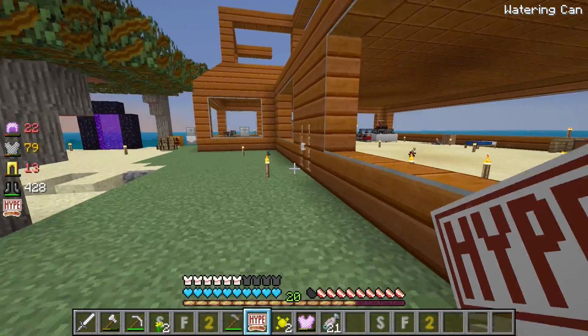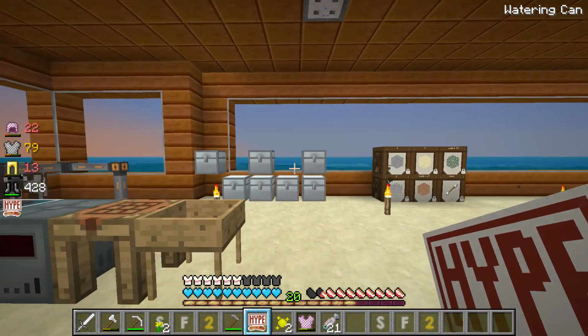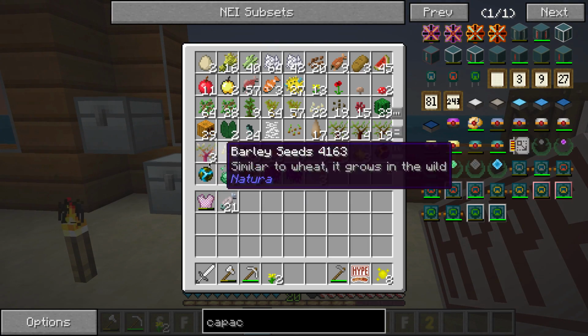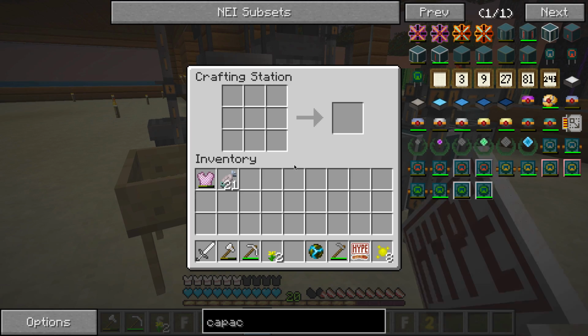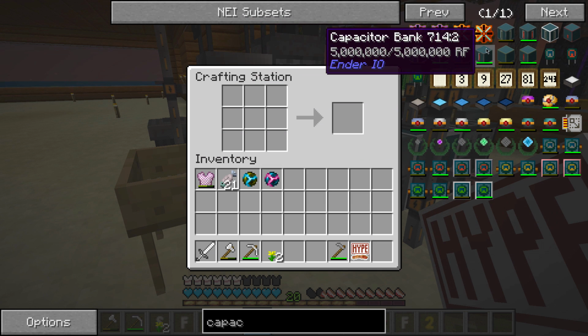So now we can take these in here and create our next level infusion stone. I think it was an Imperio or an Imperio. Grab the 8 of these. We're gonna need the regular, so we got a weak regular. This will give us probably... I don't know what it's gonna be called. Let's find out. Strong infusion stone. Excellent. And then, in order to build the next thing...